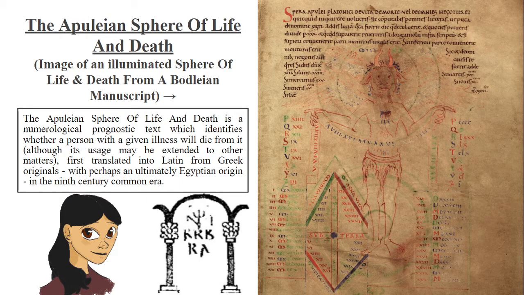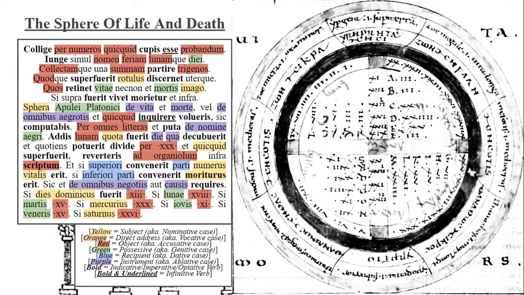Thank you guys so much for watching. I hope you've enjoyed this little foray into medieval magic, and the TLDR for you to remember is add together the numerical score for your name, the day in which you fell sick, and the moon on the day that you fell sick, divided by 30, and see which part of the wheel your